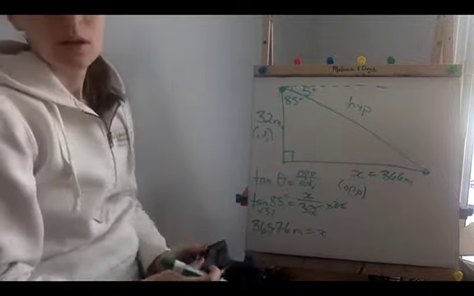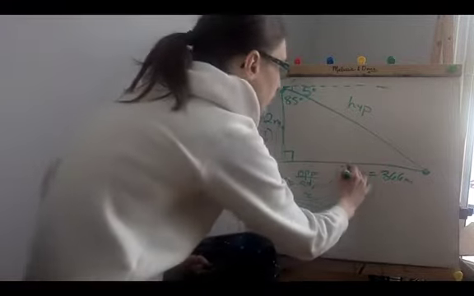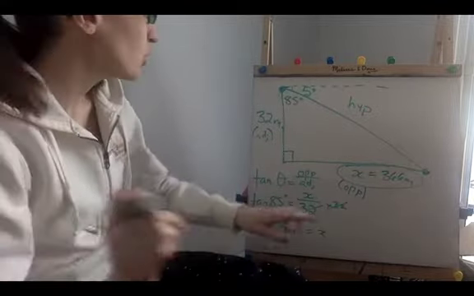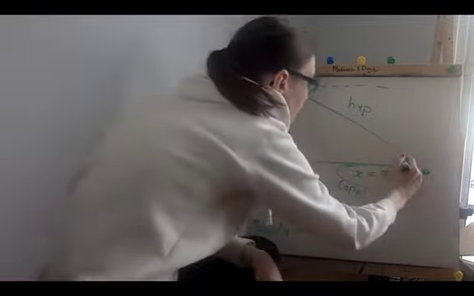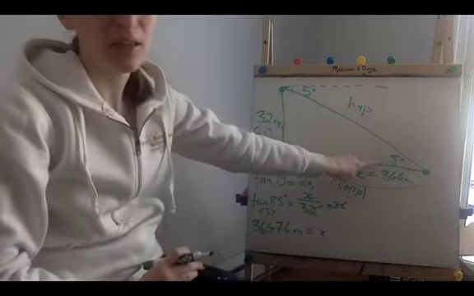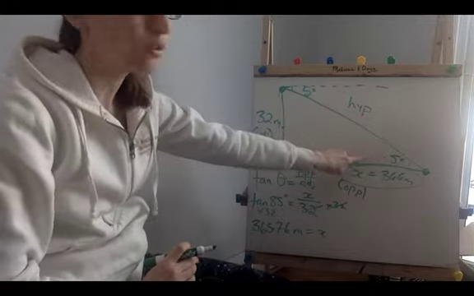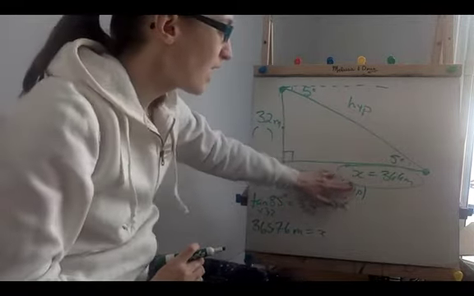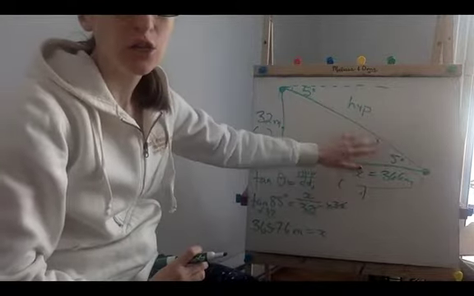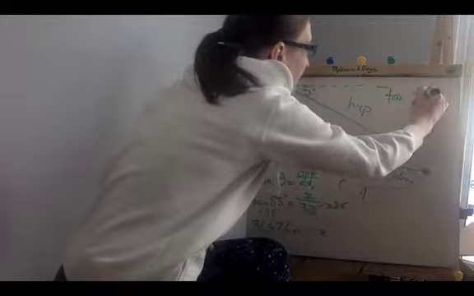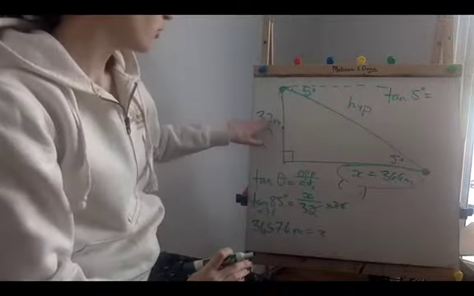Okay? And that would be your answer. Again, like I said, you could have solved this slightly differently and chosen to use this as your 5 degree angle here, right, and not worried about the 85, but if you did that, you'd have to relabel your triangle. This can still stay the hypotenuse, but now this becomes the opposite side length, and this becomes the adjacent. You're again still using tan, but you'll notice that the setup becomes tan of 5 degrees is equal to 32